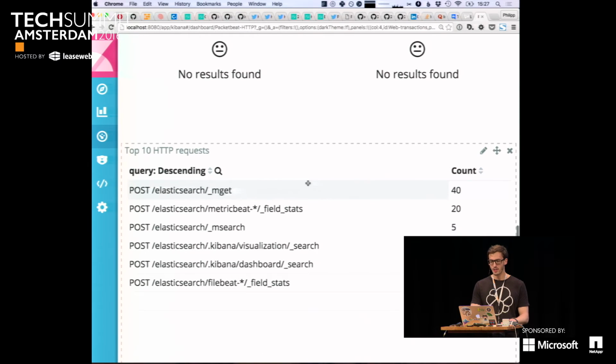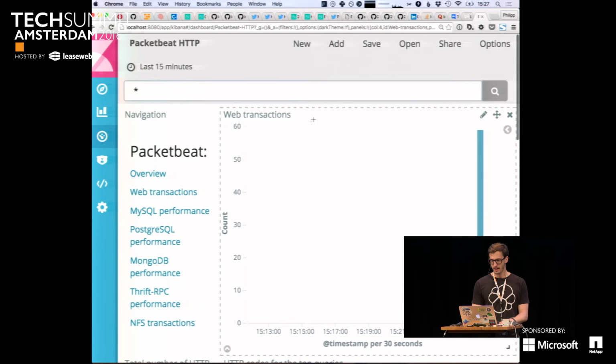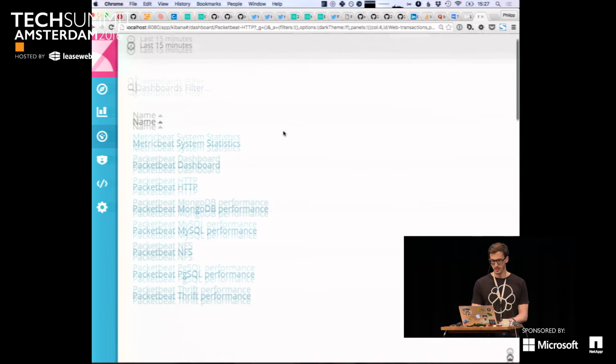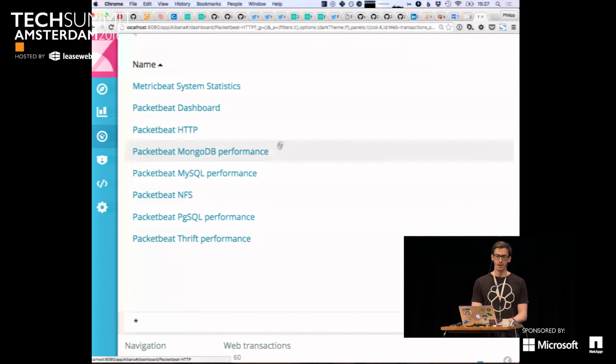And you can actually see which URLs were requested most of the time. And this is nothing specific to Kibana or Elasticsearch. This is just HTTP headers and parsing of HTTP headers. And our stuff understands different protocols as well. I don't have any databases installed. For example, if you have MongoDB, MySQL, or other stuff, these protocols are understood by default as well.